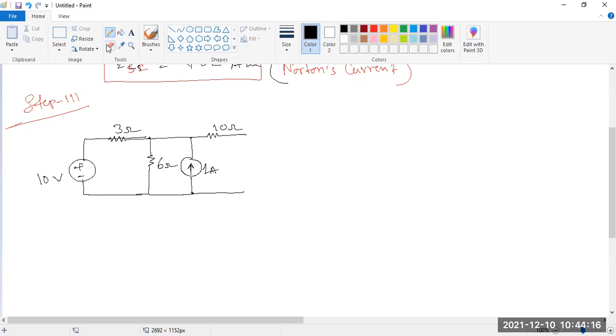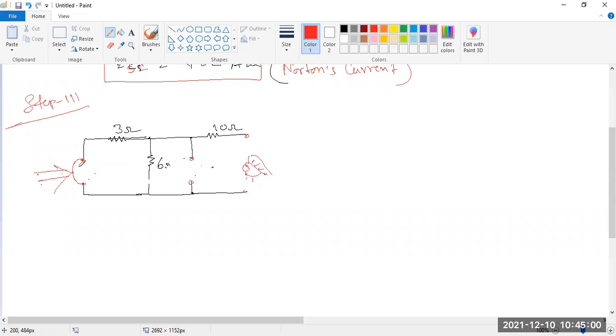In previous example, we have seen this. So you have to remove all the sources, current and voltage, but the voltage source should be kept short and the current source should be open. So this voltage source should be short and this terminal will be open. You have to see from the open terminal over here where the load resistance was. So whenever you look from here, you should encounter, counting from this side, this side, this side. Ultimately, you can get here.